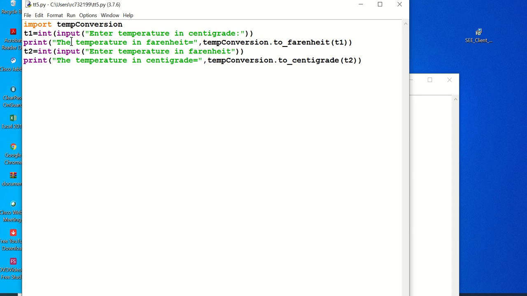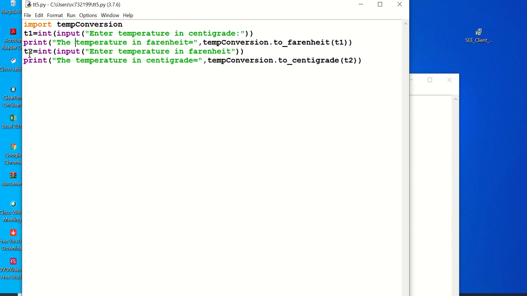Print of the temperature in Fahrenheit is equal to, I have to call the function to Fahrenheit, which is available in the module temp conversion. You have to call the function using a dot notation: temp conversion dot to Fahrenheit of T1. T1 is a variable which stores the value that the user has entered.